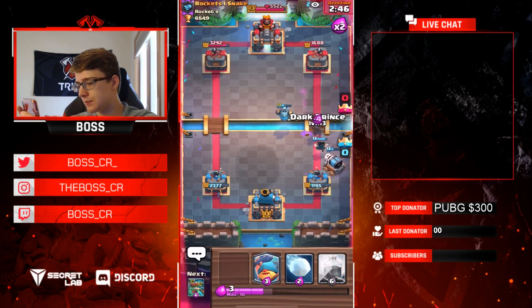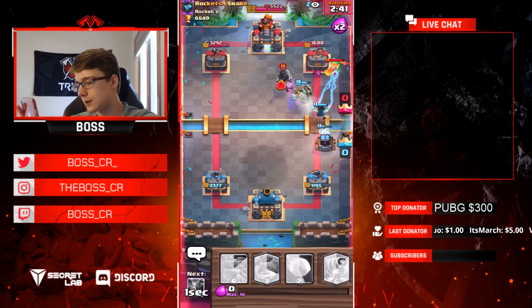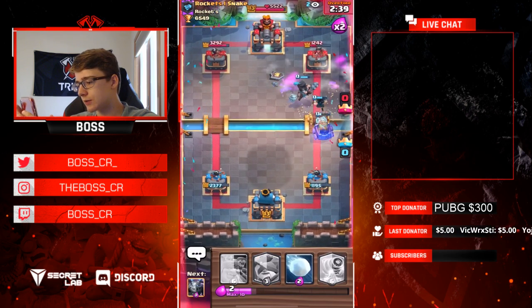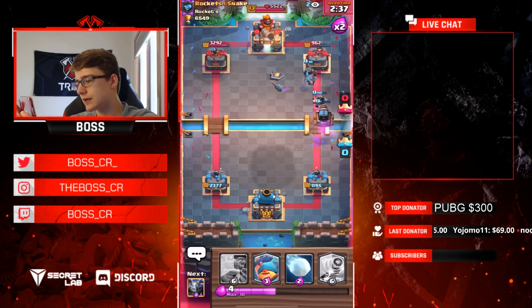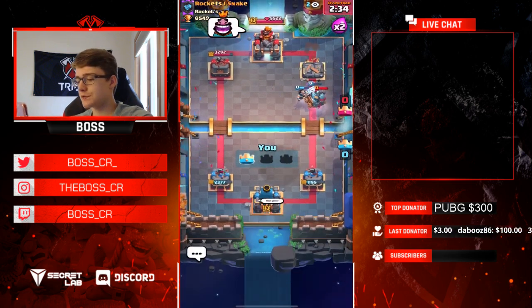Let's Dark Prince, keep the pressure up. The game's about even right now, he has a small lead. Let's go in with a Lightning here. That's going to kill the Dark Prince. And now, guys, our Ewis is going to connect. Dark Prince is on the tower. Ewis gets another hit. That's going to be a good game, guys. Honestly,